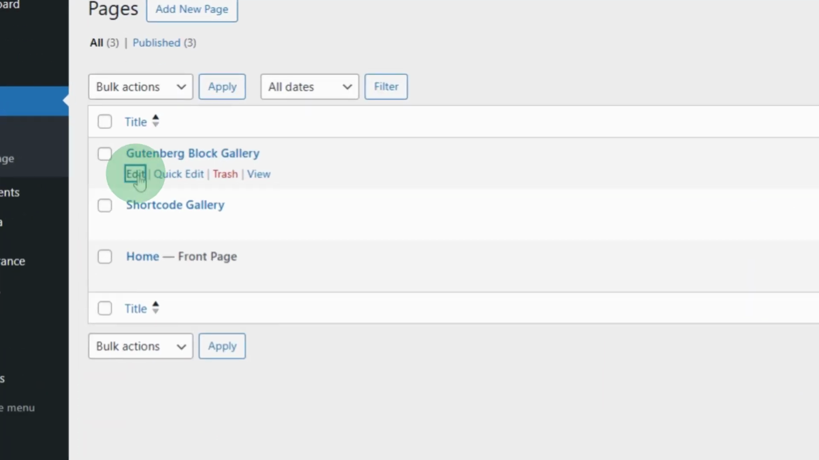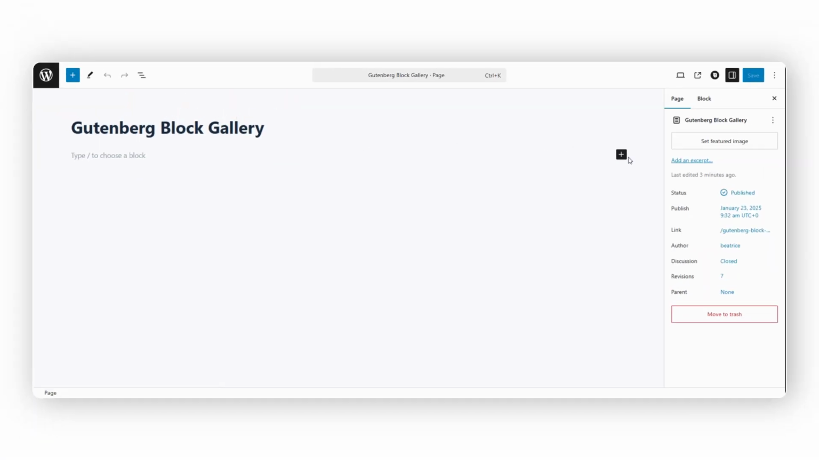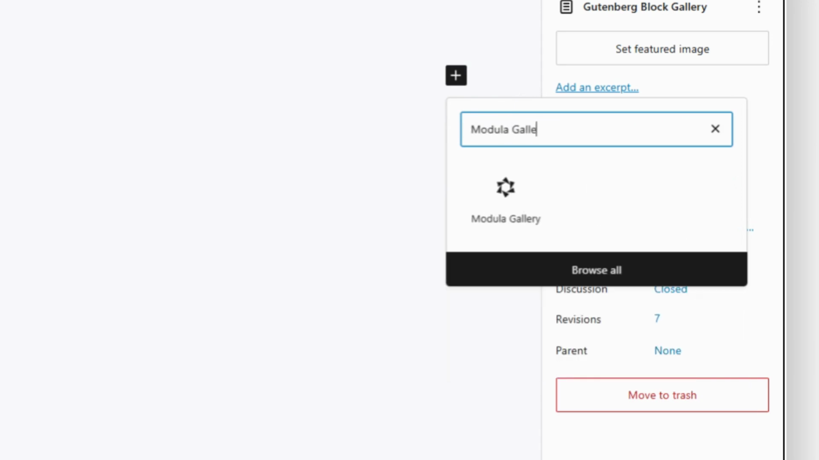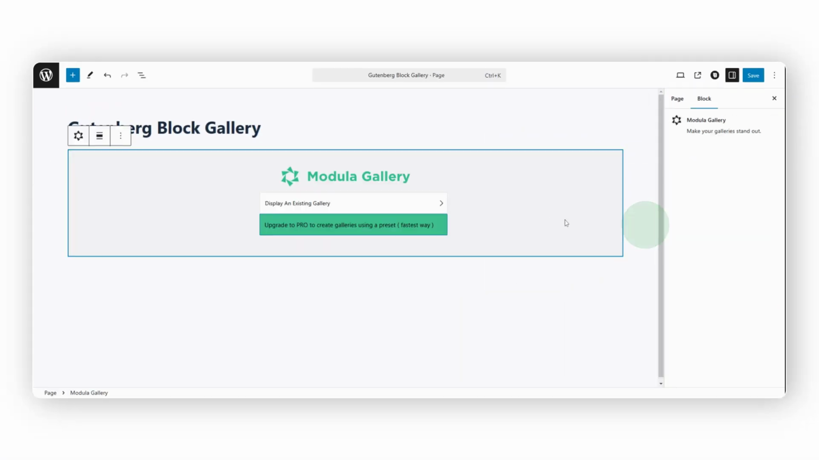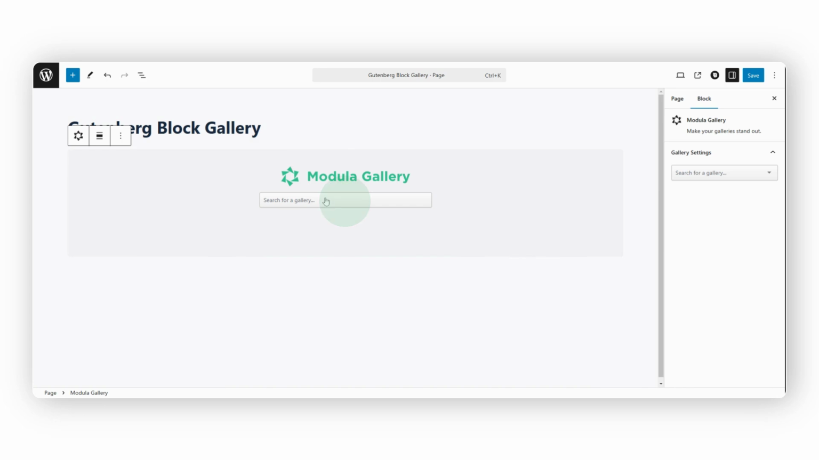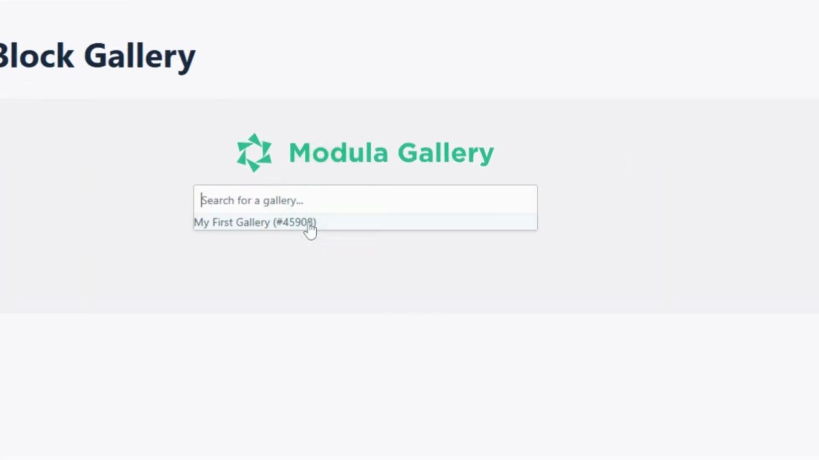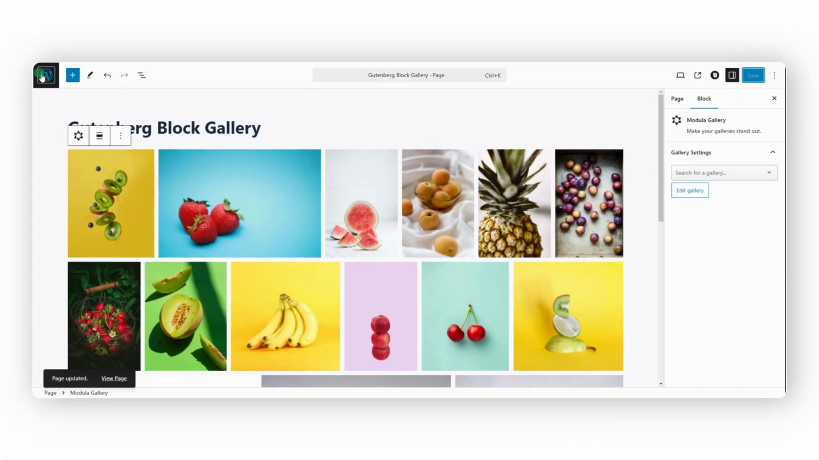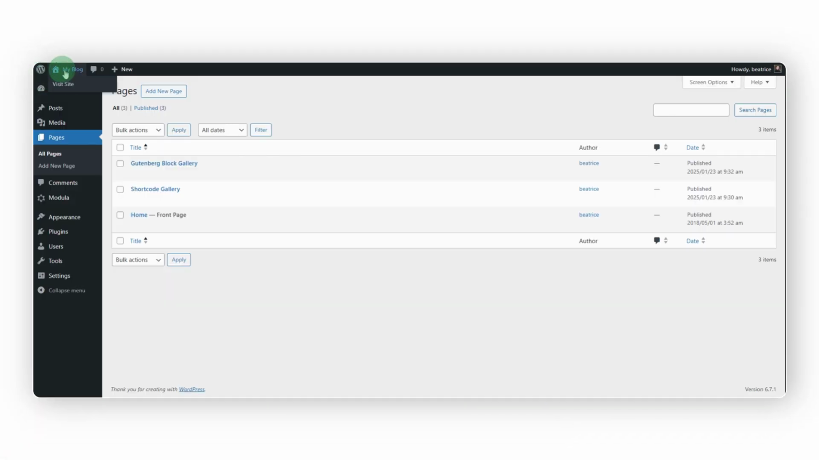Now edit your page. Click on the plus icon and search for the Modula gallery block. Click on Display an existing gallery. Select your gallery from the list. Save your page. Now, if you go to your website, you'll see that on both pages the result is the